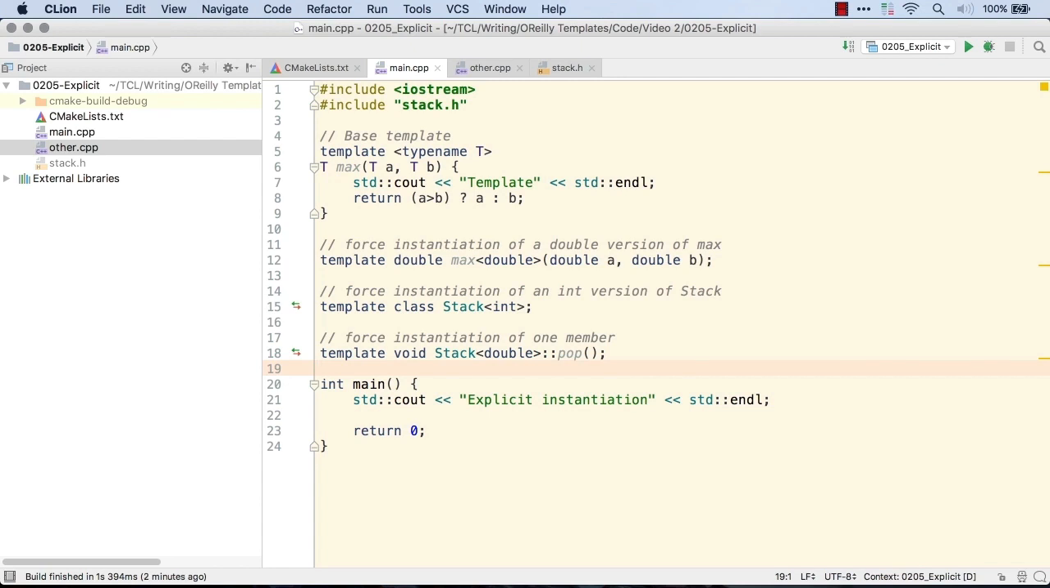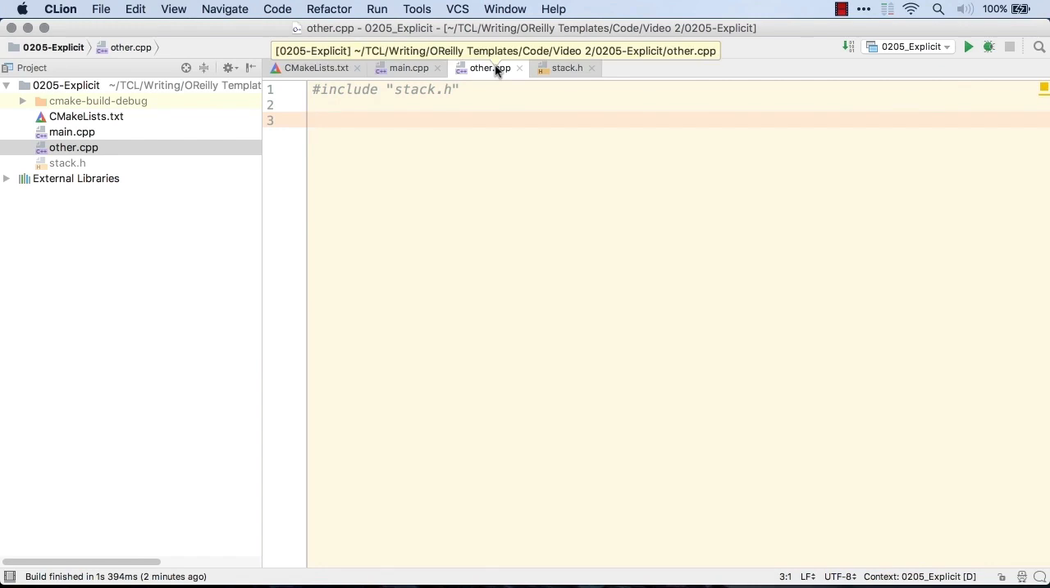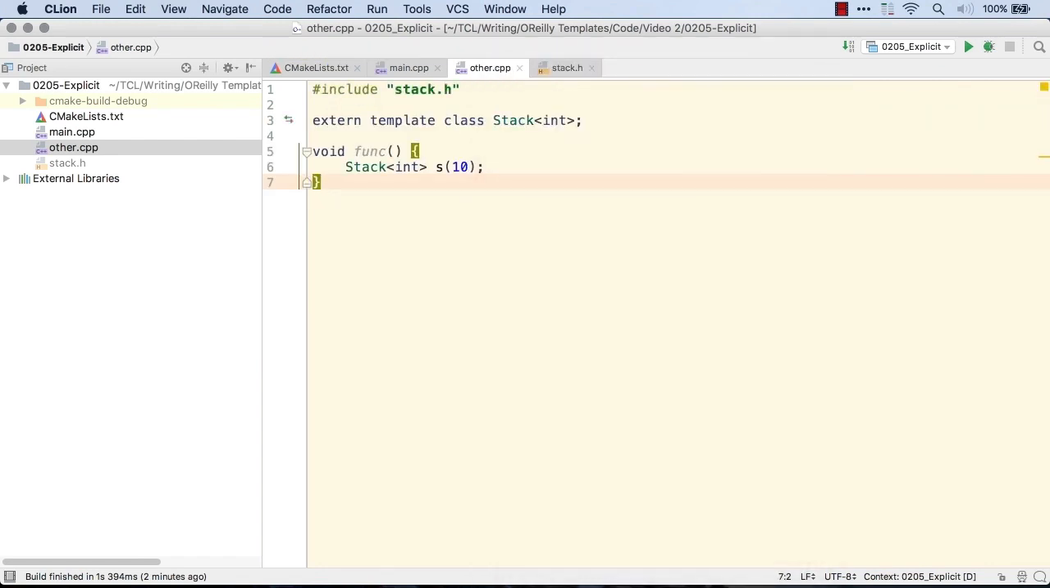One reason is to reduce compile times. If you know that, say, stack of int is going to be used a lot in your code, you can instantiate it in one translation unit and then refer to it using extern in others. Let's have a look at that. I've created stack of int here, and if I go to another file, here I've declared that stack of int as extern, and I can then use it in the function, and the linker will pick it up like a